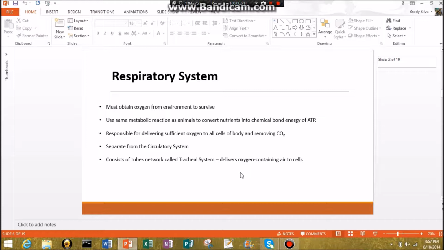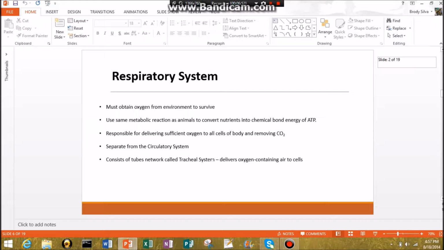Fermentation, okay. They use the same metabolic reaction as animals to convert nutrients into chemical bond energy of ATP, which is cellular respiration. I had a brain block. They're responsible for delivering oxygen to all the cells of the body and removing CO2, which is still cellular respiration. They are separate from the circulatory system, where in humans they are very much connected, and they consist of